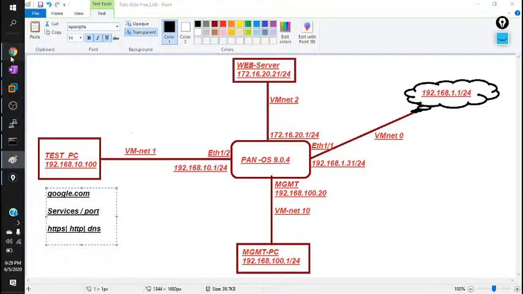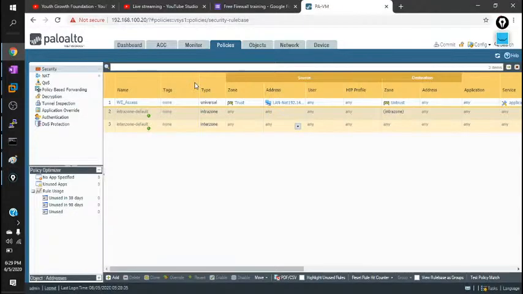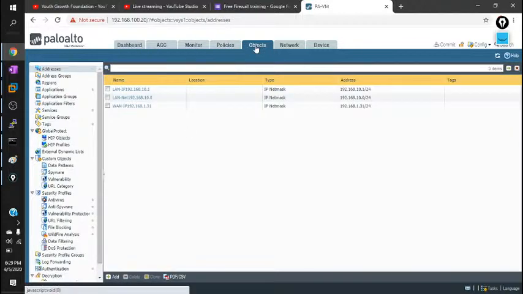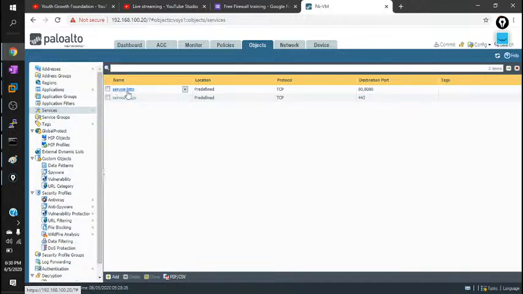If you want to see all these services, you have to go to the Objects tab, in the Service objects. By default on the Palo Alto you can see we have two services: one is HTTP, another one is HTTPS. Yes guys, HTTPS, you are right.